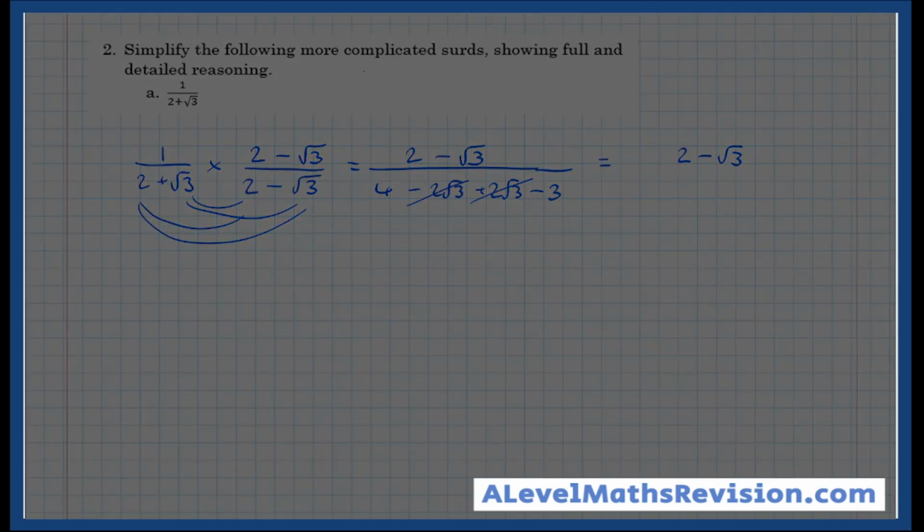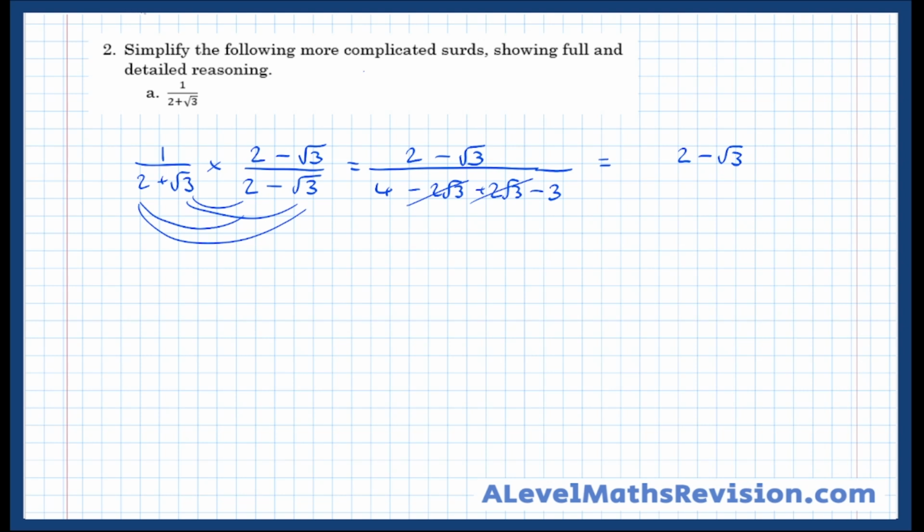So this one here, that's about to appear. And if you want to have a go at this one yourself, you can pause the video and do so. But I'll crack on with this. So what we're going to do, we've got 3 over 2 plus 3 root 5. I'm going to multiply by the conjugate of that surd over itself, 2 minus 3 root 5 over 2 minus 3 root 5. And multiplying at the top, we get 6